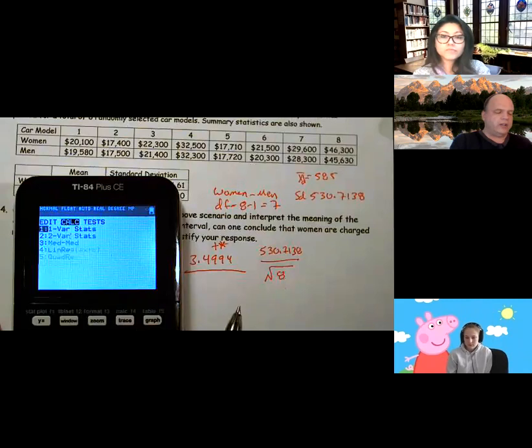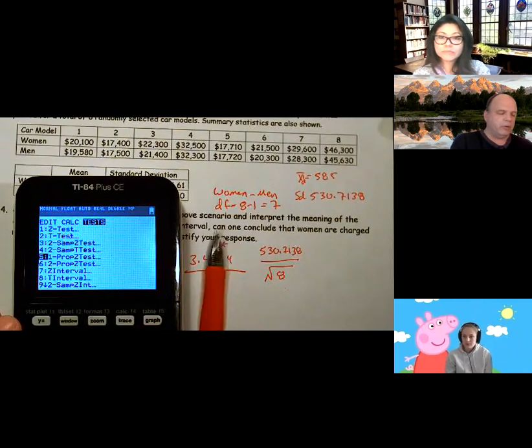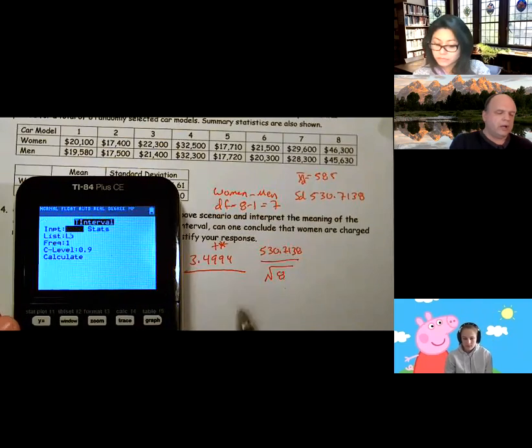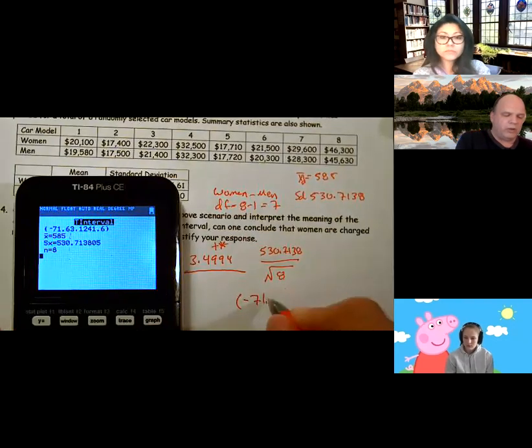Then I go to stat test. This is going to be T interval because I'm going to try to obtain my interval. I actually use data, so data needs to be highlighted. My list is L3, frequency is 1, and my confidence level is now 0.99. And I end up getting an interval of negative 71.63 all the way to